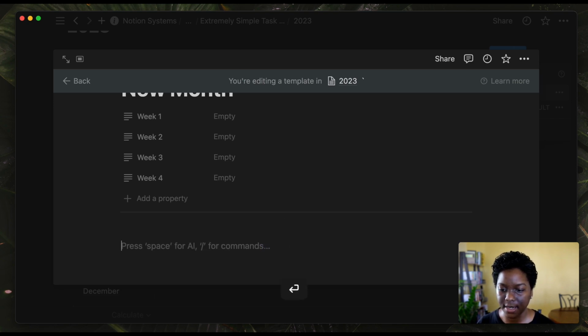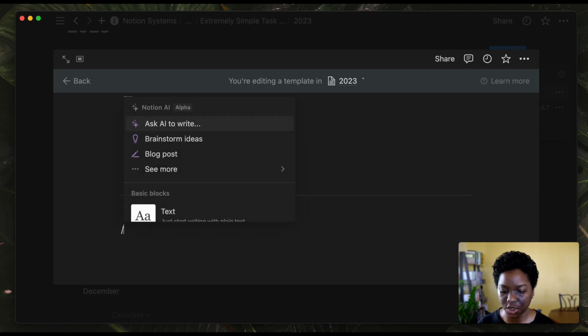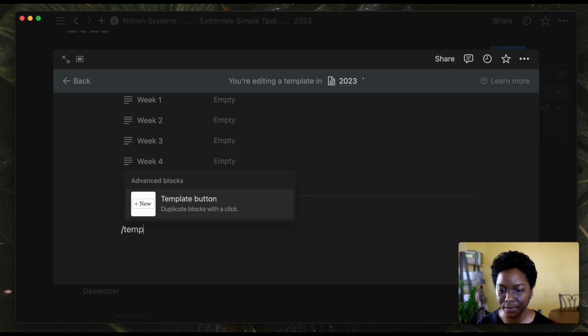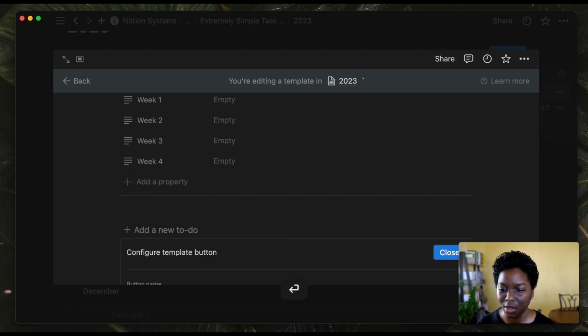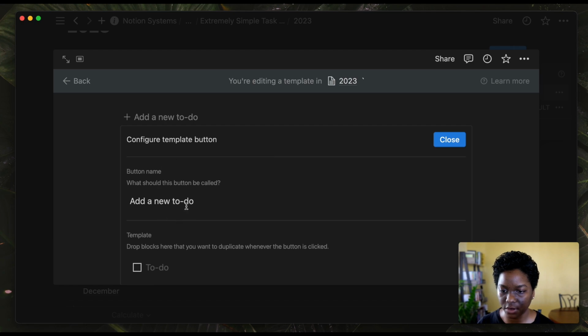But I'm going to go ahead now and create my template button. So the second type of template is called a template button, and you pull it up by doing your / command, typing in template, and you'll see template button. It's going to duplicate the blocks with a click, according to Notion. So you click enter. You have this configuration